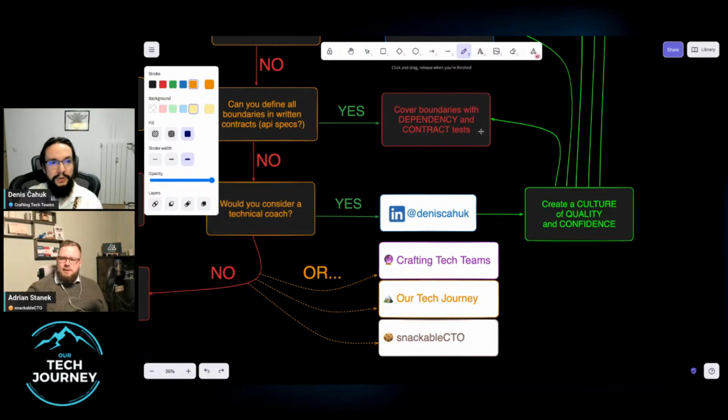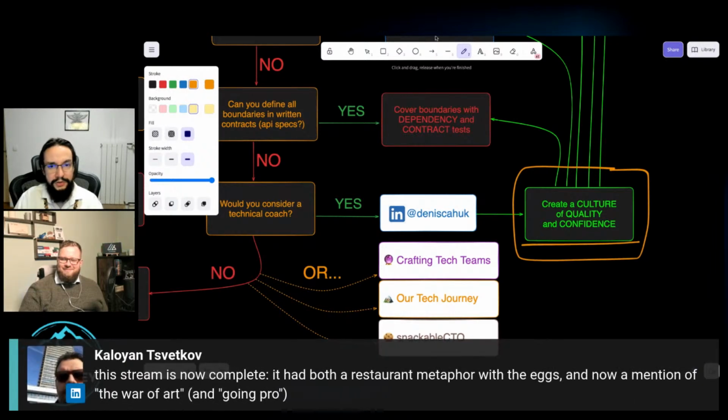And I'm not saying you need a coach, like an outside coach. You can just start with somebody in the organization who wants to drive a culture of quality and confidence, and quality and observability. And sometimes this happens by you hiring a new CTO. Sometimes it happens by you being acquired and they audit you, they do technical due diligence, and they say, guys, you need to fix this and this and this. And then you have outside pressure, top-down support that, hey, this needs to be fixed. And then you can do this internally with everything you have. But sometimes